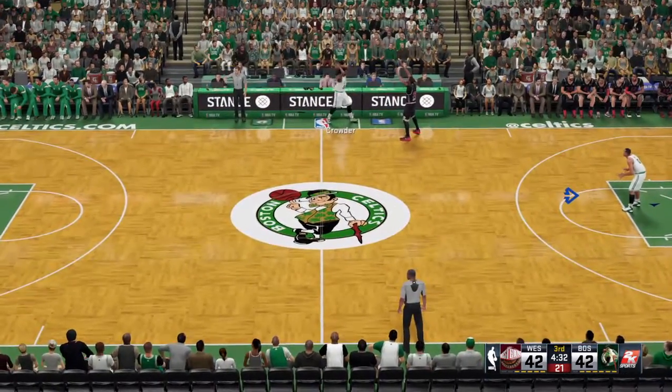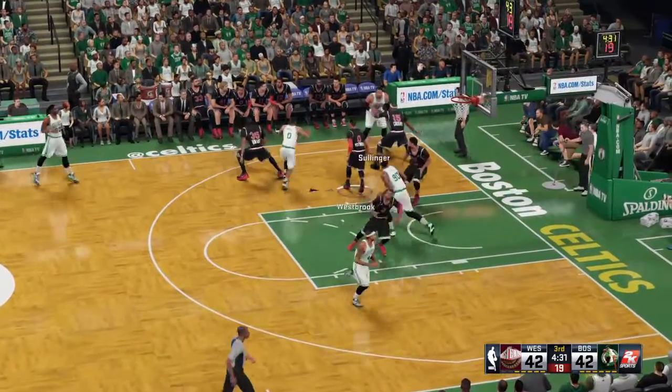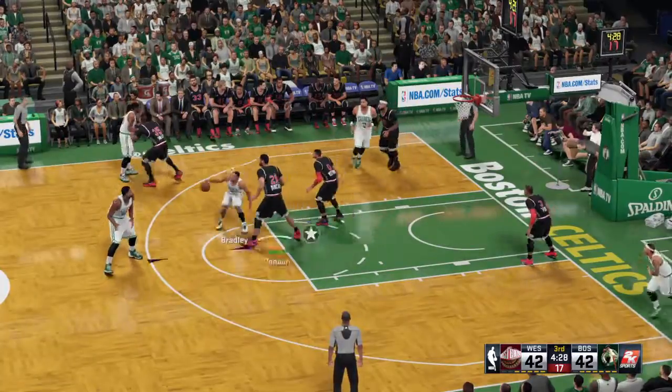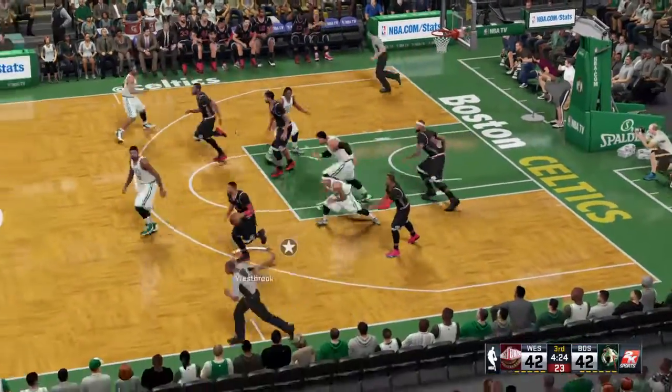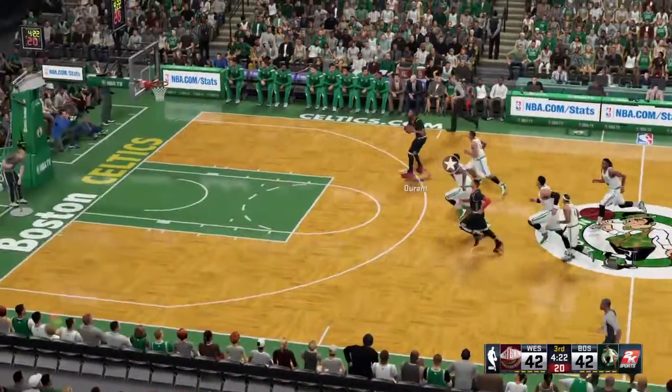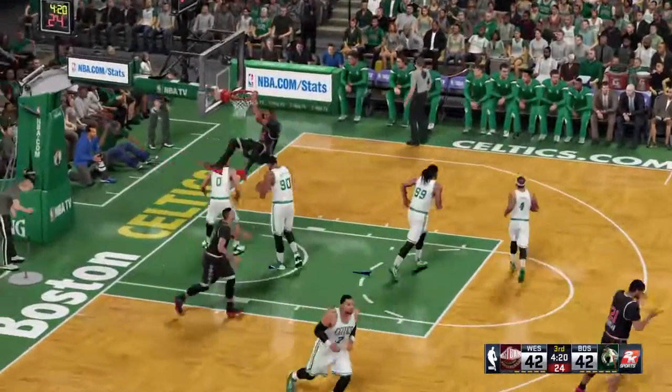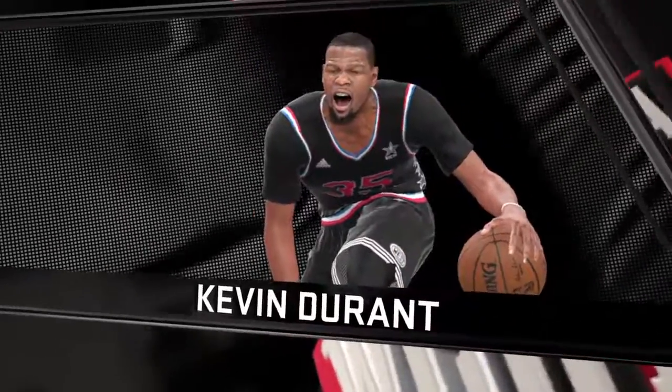So the West ends up going with the new group. Sullinger dishes to Bradley. He's looking for Sullinger and finds him. And now the fast break. Westbrook with the ball. And then Durant with the jam. How about that